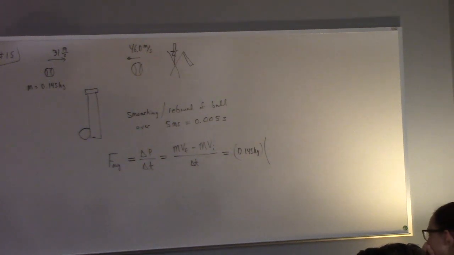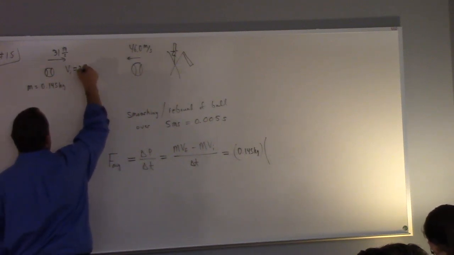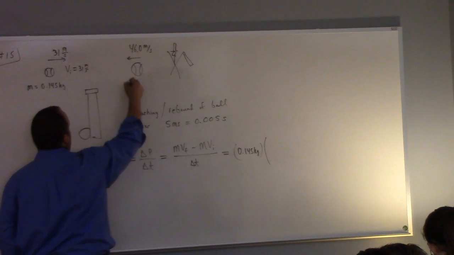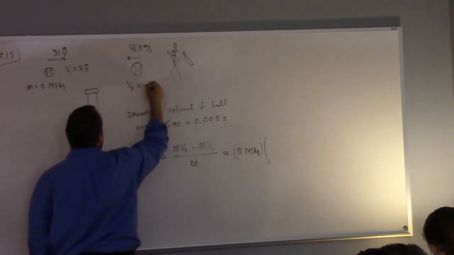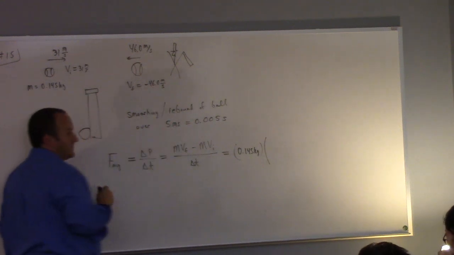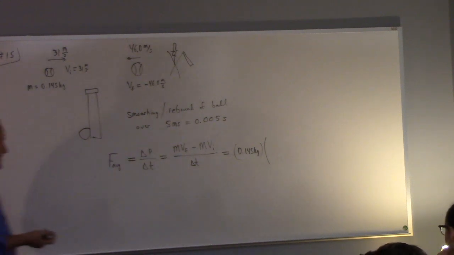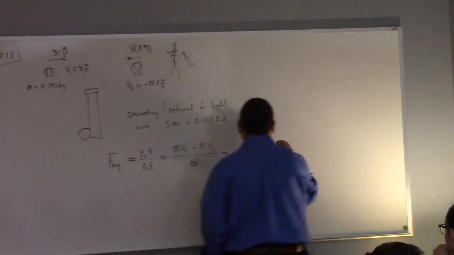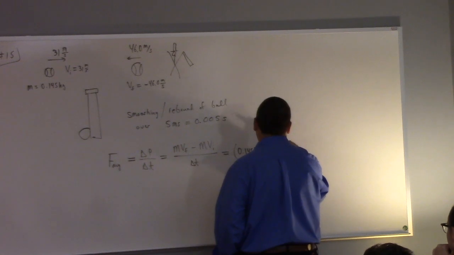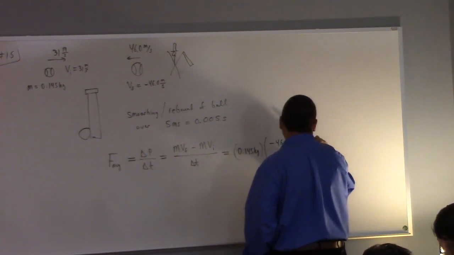Okay, if right is positive, then vi is equal to 31 meters per second, and vf is equal to minus 46.0 meters per second. That's how we have to keep track of direction in one dimension, with signs, plus and minus. And that's important because over here we have minus 46.0 meters per second minus 31 meters per second